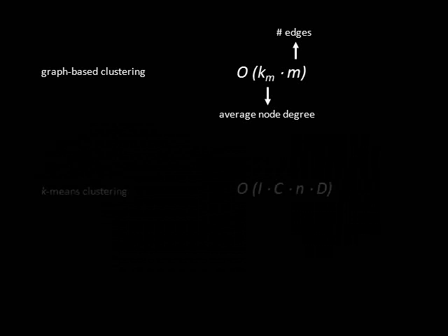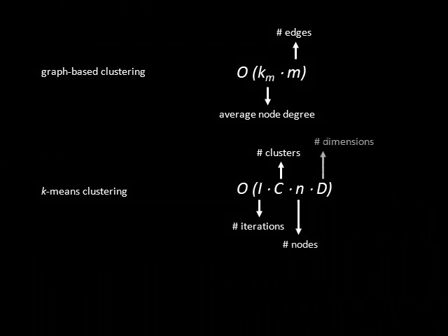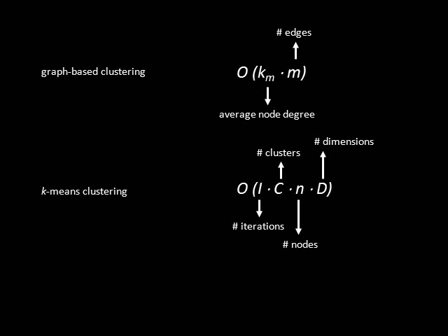In contrast, the complexity of k-means depends on four parameters, namely the number of iterations to convergence, the number of clusters, the number of nodes, and the number of dimensions of the node feature space. In practice, we noted that k-means was much slower in large datasets, since the number of clusters increases proportionately to the size of the dataset. Moreover, hierarchical agglomerative clustering scales even worse, since its complexity depends on the square of the number of nodes to be clustered. To make things worse, hierarchical agglomerative clustering requires n square units of memory to store the node dissimilarity metrics.